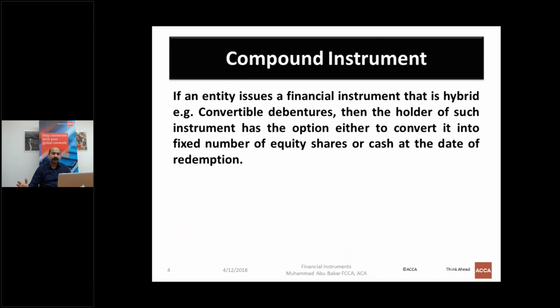Yesterday we discussed if an entity issues a financial instrument that is hybrid, for example, convertible debentures, then the holder of such instrument has the option either to convert it into fixed number of equity shares or cash at the date of redemption. And International Accounting Standard 32 requires that hybrid instrument should be recorded by separating the debt and equity element. And then yesterday we discussed how can we separate the debt and equity element,